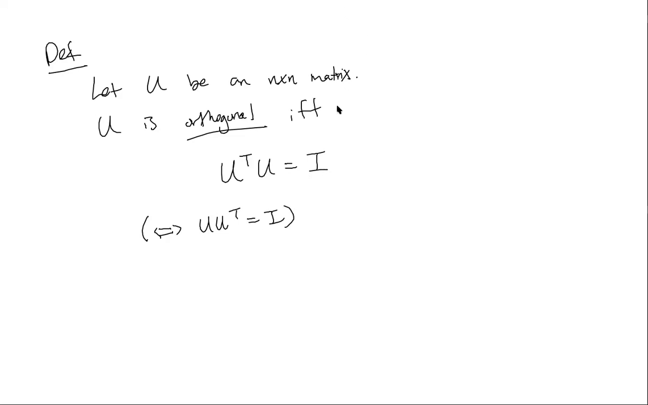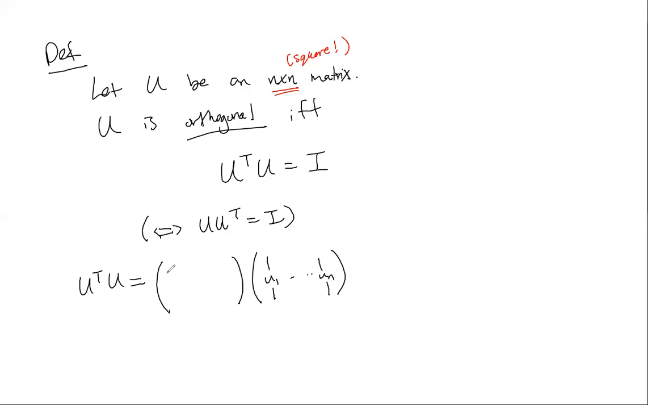So one thing to stress is that this must be a square matrix. A matrix can't be orthogonal if it's not square, just like a matrix can't be invertible if it's not square. And the second thing to note is that if we look at U transpose U, you just write that out. If U has columns, let's say U1 through UN, which means in the transpose it has rows U1 through UN, and this equals the identity matrix,